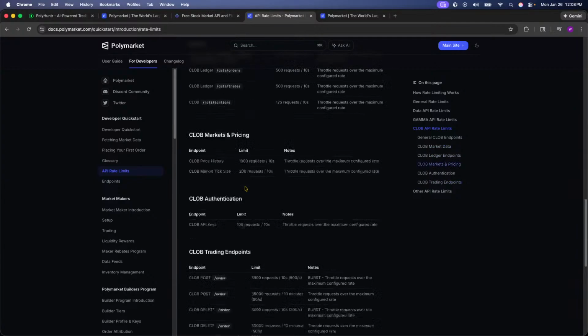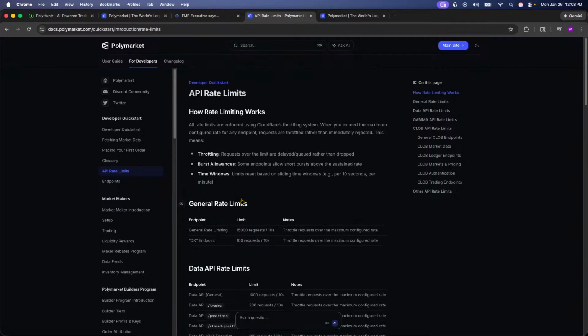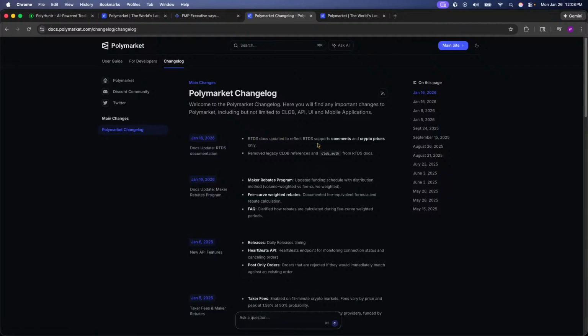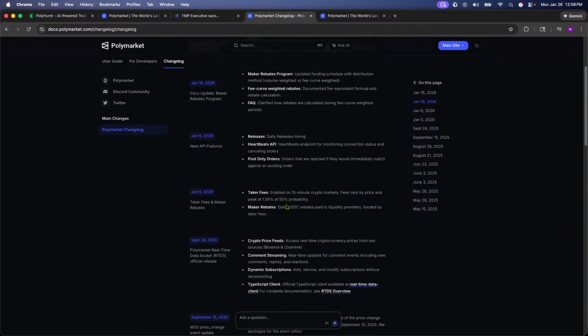All right, I'm sorry. I feel like I'm just taking y'all everywhere. User guide, change log. Okay, you're keeping up with this, so I can appreciate that. Updated the fund scheduling with the distribution method for volume weighted versus the fee weighted curve. Documented the fee weighted curve formula. I thought you said there was no fees. Hold on. Enable 15-minute crypto market fees vary price by price. Market makers, see, this is what I'm talking about right here. I really do think CLOB is used just for